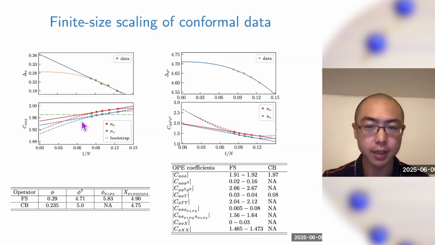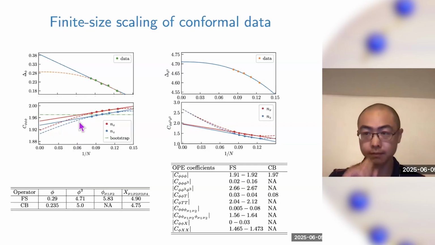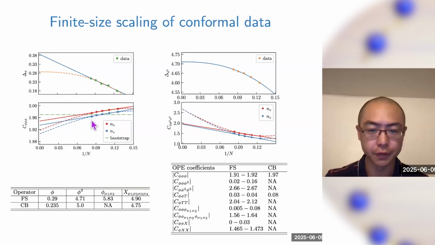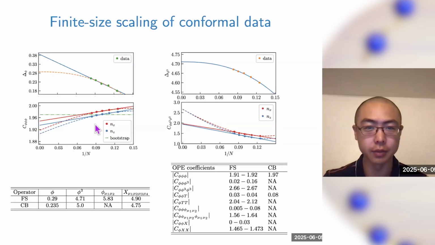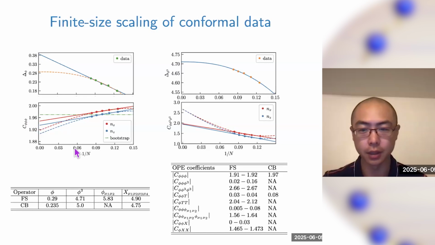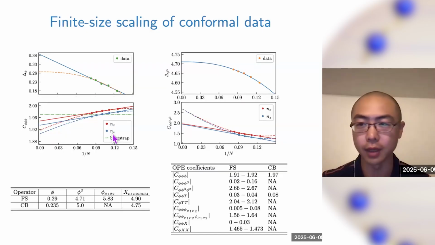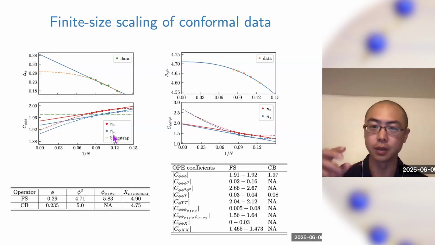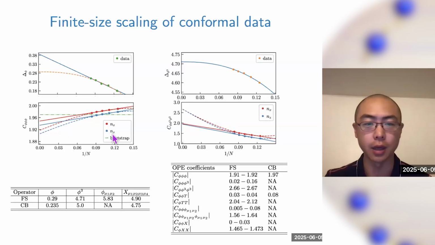And you can also do finite size scaling for the OPE coefficient. So this is the result. This is the plot for the 555 coefficient. And you can see that the answer is around 1.91 to 1.92. The two answers are obtained using either an X or NZ, because both of them have overlap with phi, and you can use both to compute the OPE coefficient,